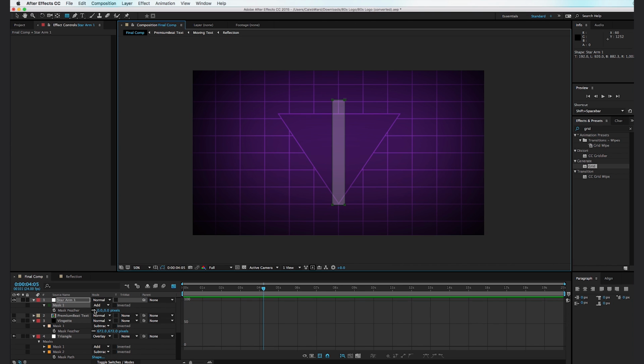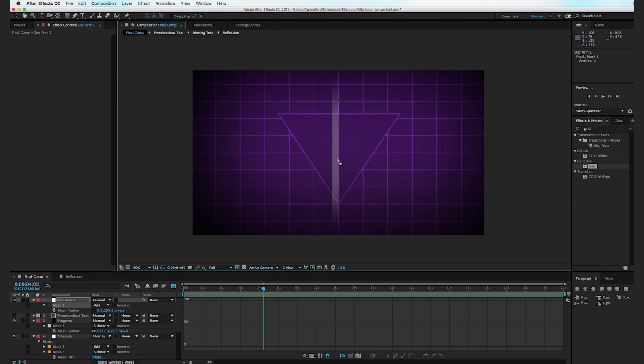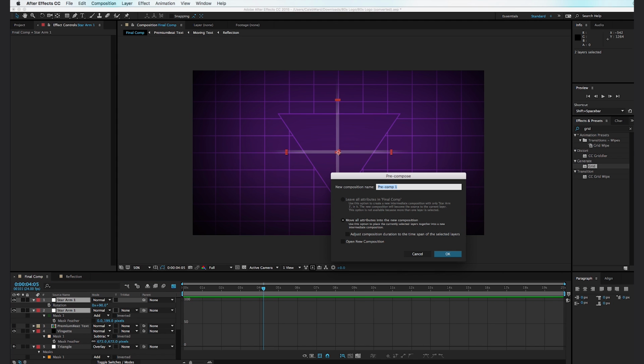And if we hit F and deselect this checkbox here, we can feather just along the Y axis. So something maybe about like that. And I'm going to duplicate this star arm one time and rotate it 90 degrees. And let's go ahead and select both of these star elements, hit Shift Command C, and we'll just call this